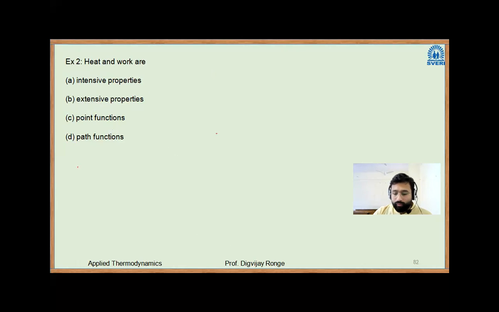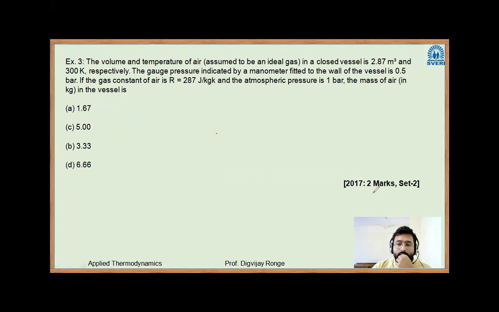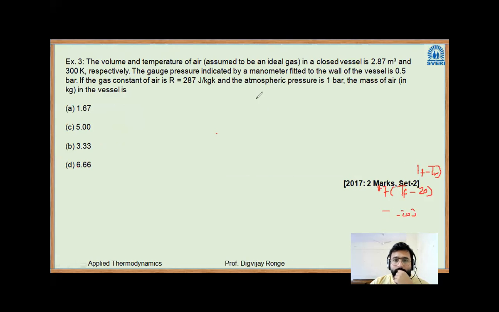Let us move further. Let us not waste time with these numericals. Wait. Now another numerical I will take on the ideal gas equation. Okay. So this was asked in GATE 2017 for 2 marks. Now, when you solve this example, you will come to know that very basic questions are asked in GATE examinations. Okay. So don't go with this. We'll first focus on the example.